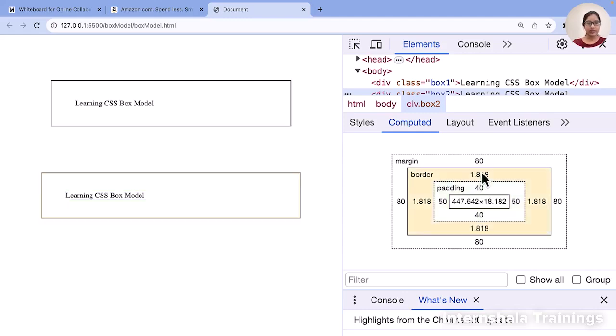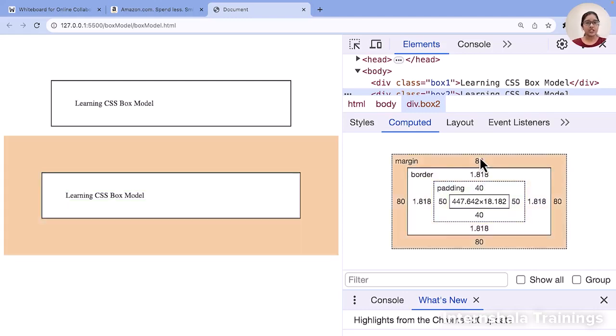This is the border. And then we have the margin. Margin is the outer space between the border and the next element. So that is how you can specify these 4 properties inside any HTML element. We have border, padding, and margin.